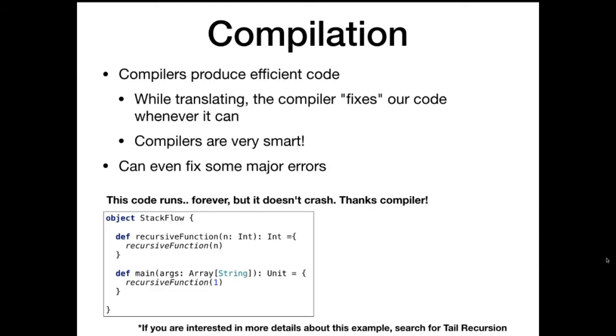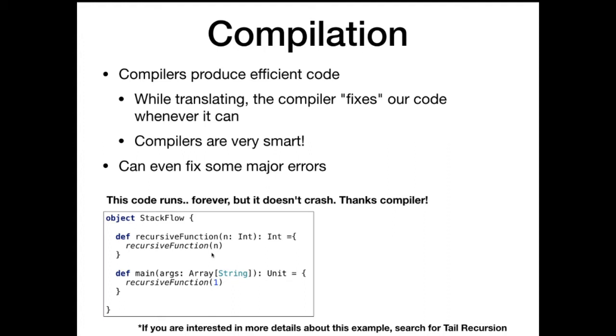Compilers will fix a lot of our stuff too. It's looking for optimizations all the time. For example, we have an infinite recursive method here. As we'll see in the next lecture, this is going to cause what's called a Stack Overflow, the namesake of our favorite site. It's going to create an infinite number of variables named n and blow up our memory. In short, it fills up our RAM and crashes the program.